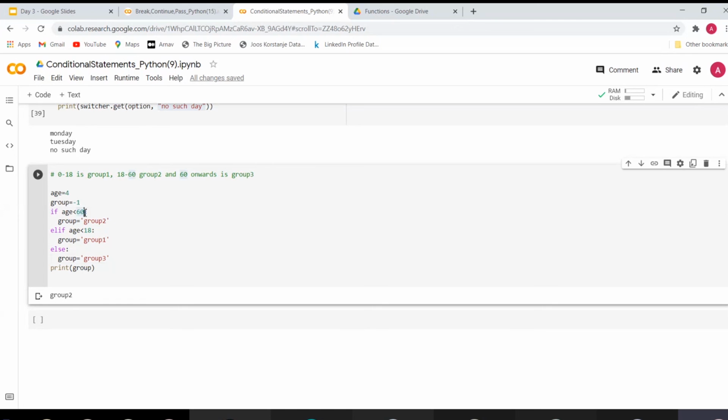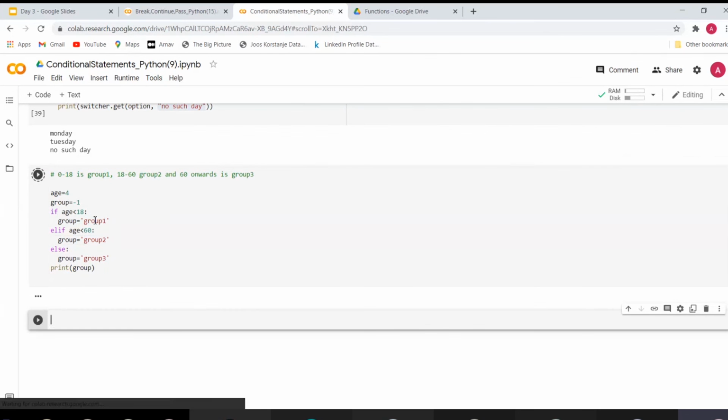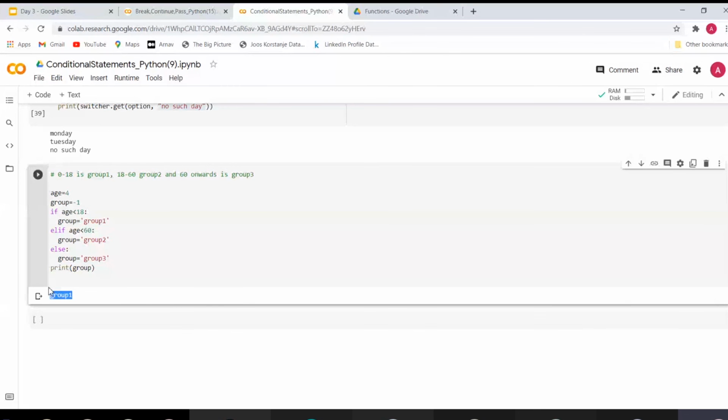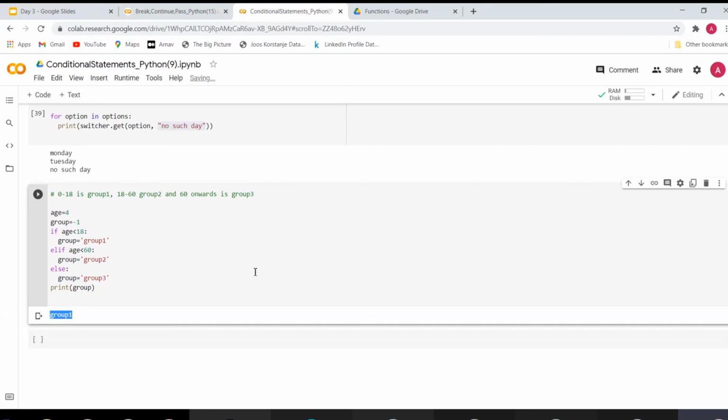Okay, so the very simple way to fix this is change the condition. We take the 18 case upper and the 60 case below, and now we execute it, we get the correct answer. Okay, so always keep this in mind. First of all, check your conditions. Second, check the order of your conditions. Now this is a very simple example, but when you will be working on actual programs, it will be comparatively much more complex.